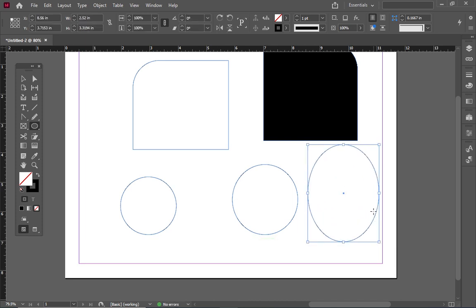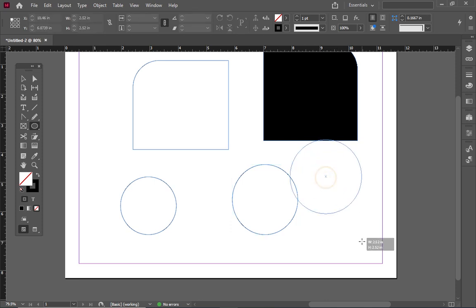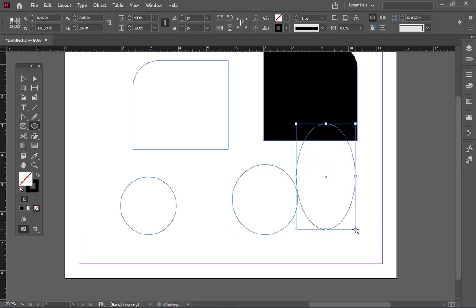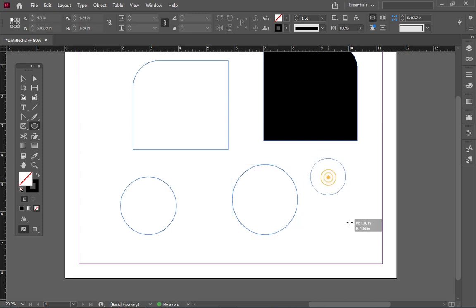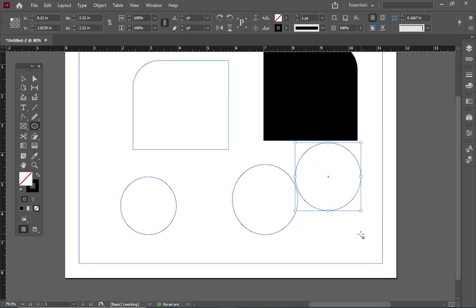Okay, so it draws a perfect circle for us, and make sure to release all at the same time, because when you don't release it properly, it distorts the circle. So let's hold it again. Let's release the mouse first, and after that you release the